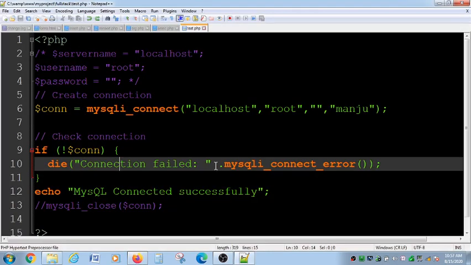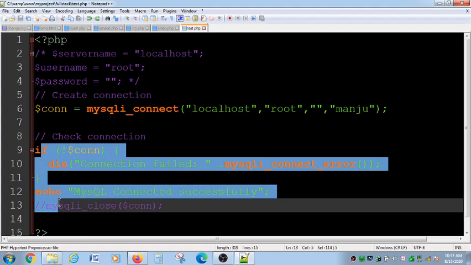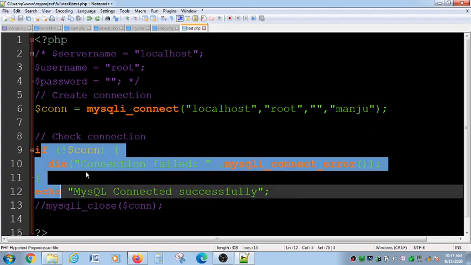So this is the message. Earlier I was not getting any message, but now I am getting a message. So I am confident that there is nothing wrong in this connection procedure. That is why you have to add this part of the message, this particular part, in your coding statement.